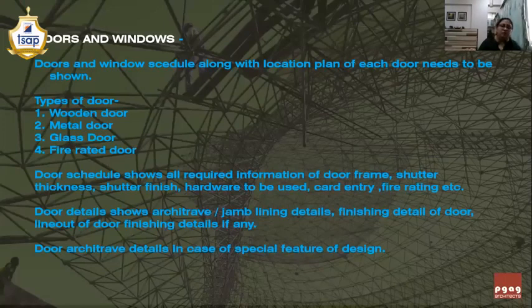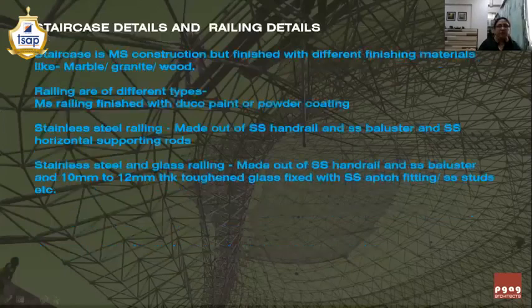Then the door architrave details, like if the door architrave is finished with metal, and if you are showing the corner, in the corner the sheet is folded and laid in one piece, then the material which he is going to use for that particular cladding, he will calculate it accordingly.